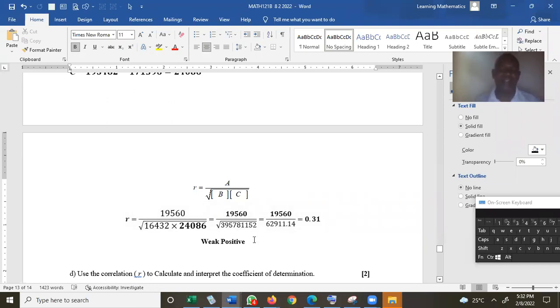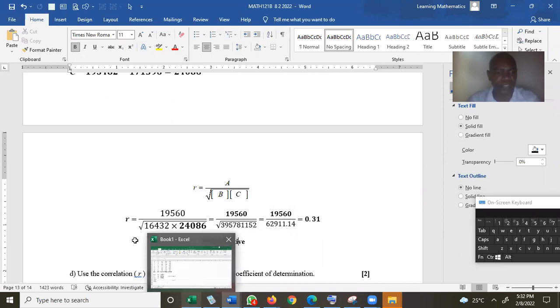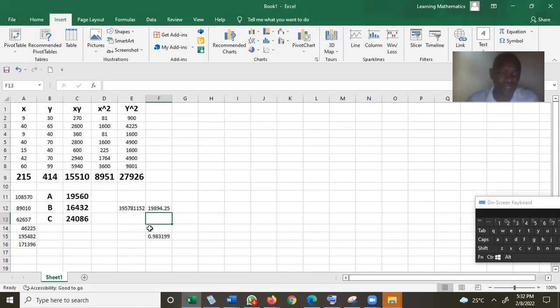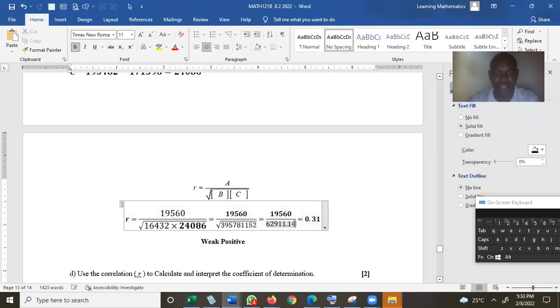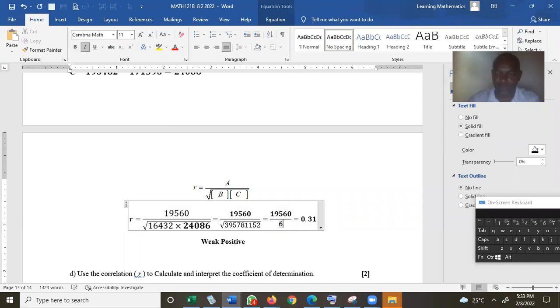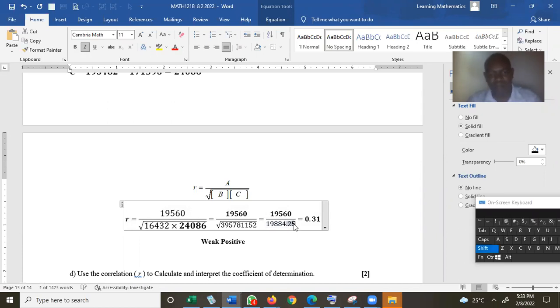So as I normally say, a mistake, an error, is a learning opportunity, so you can trace back your answer. You have just discovered a way to trace back your answer to see where you made a mistake, and you can use Excel to do that. So what I'm supposed to write there is 19894.25. Okay, so when we divide this,